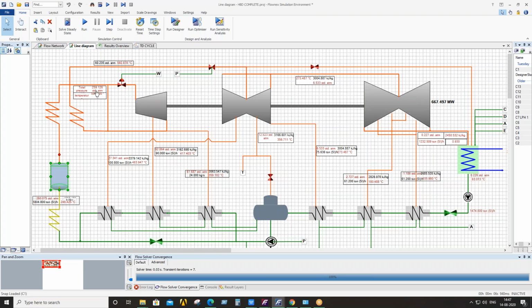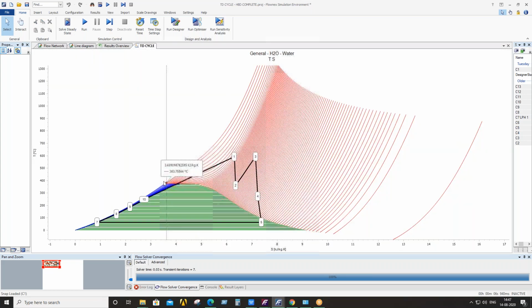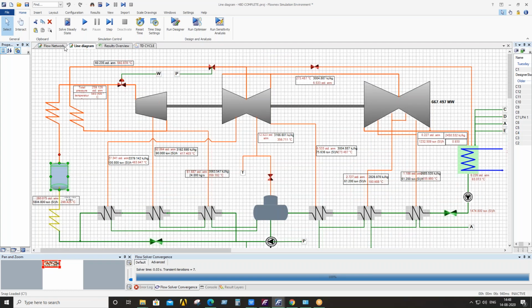Since the saturation and the critical point of water is around 223 bar, it is much higher than that, and for that reason we completely eliminate this latent heat of heat addition process, and it goes to our HP turbines, and from the HP turbines you can see those are the bypass lines, and